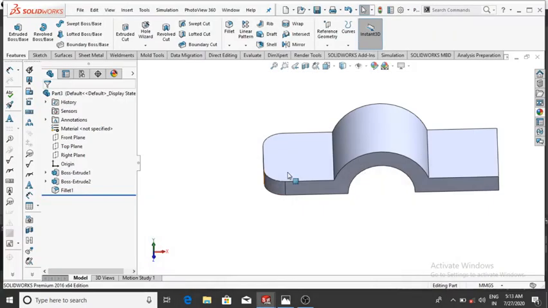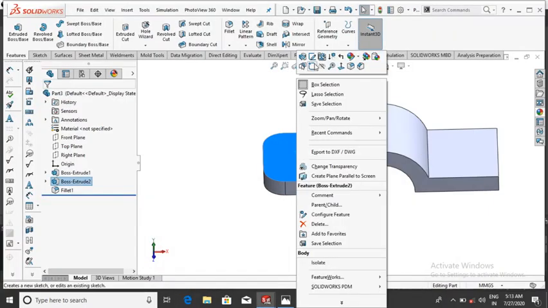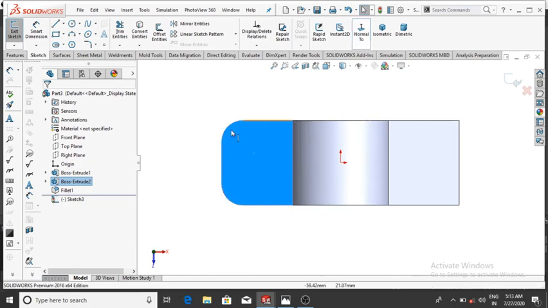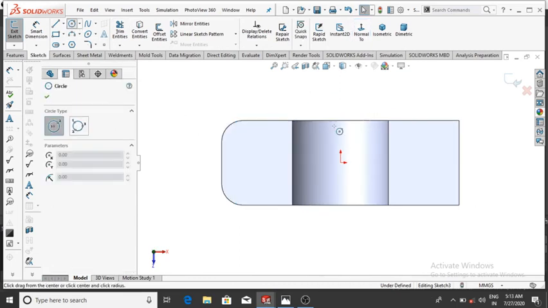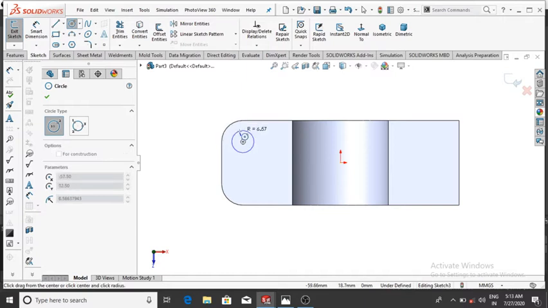So simply select this face, right click, sketch, then normal, and select the circle and see the center point. If you select on this last corner, it sees the center point of circle, so simply make the circle from this point.